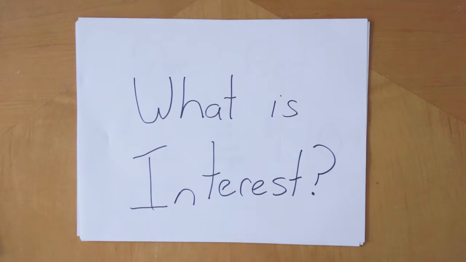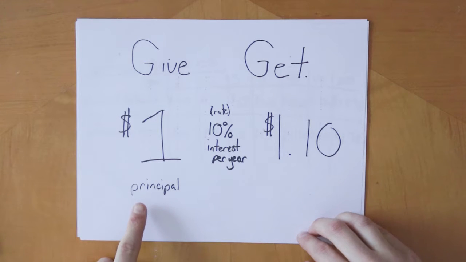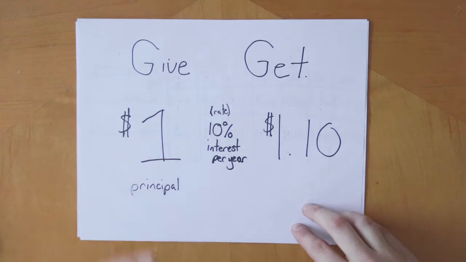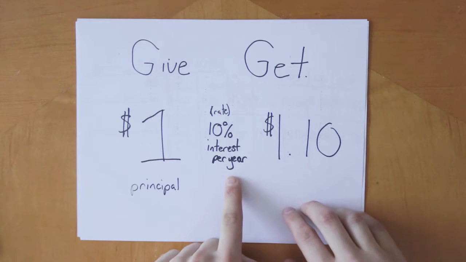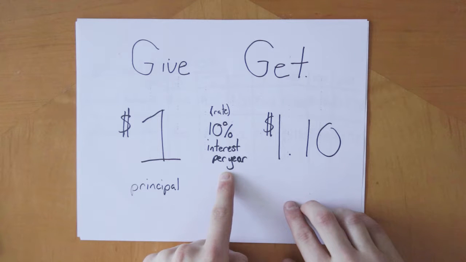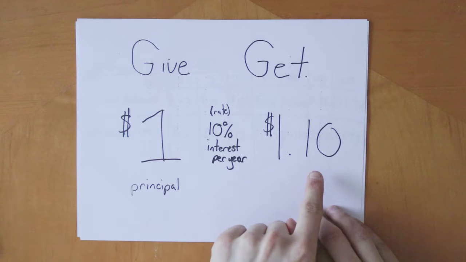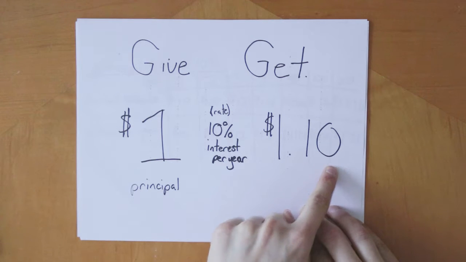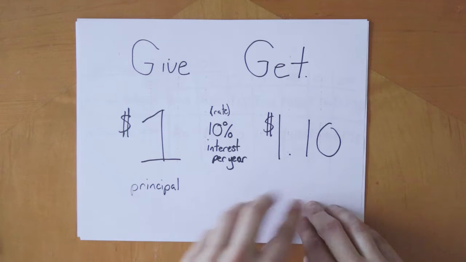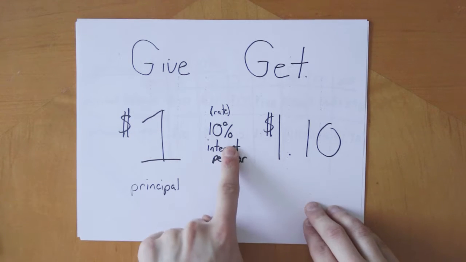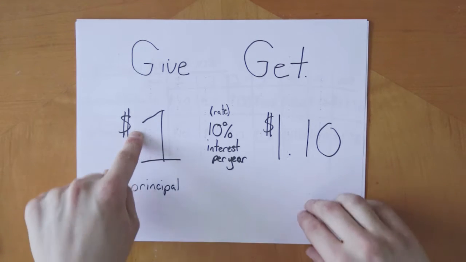So what is interest? Well, it looks like this. If you gave a loan to a friend or you deposited $1 in the bank into an account that gave you a rate of 10% interest per year, then after waiting 1 year, you would get an extra 10 cents. So at the end of it, you would have $1.10 because 10 cents is 10% of $1. So that accumulates onto this amount.